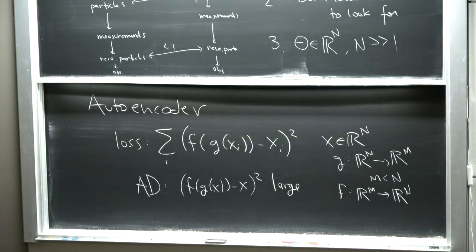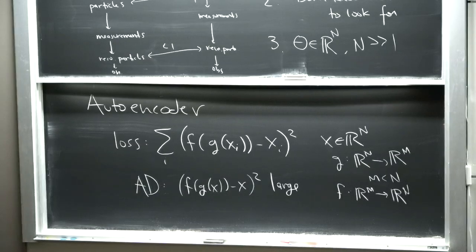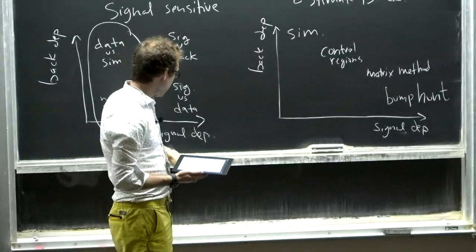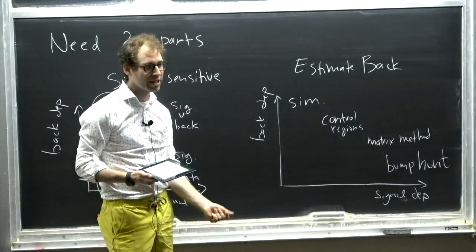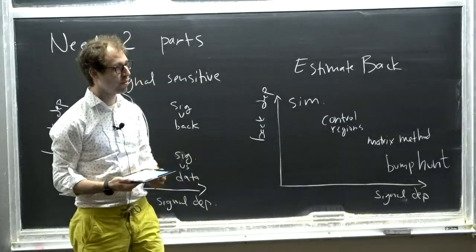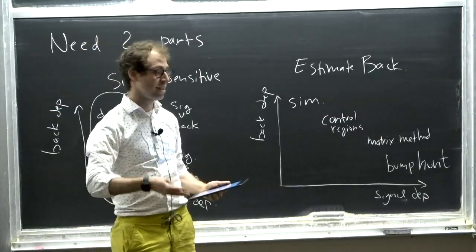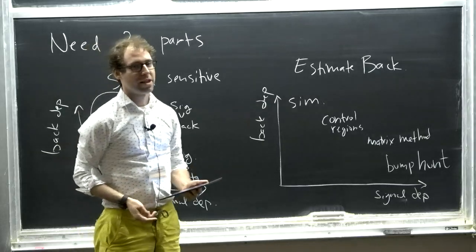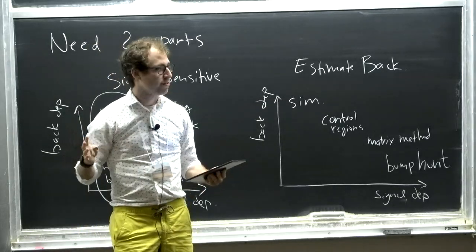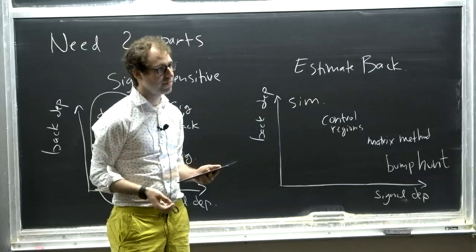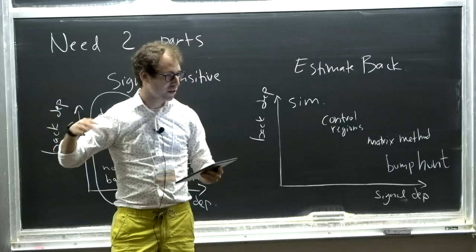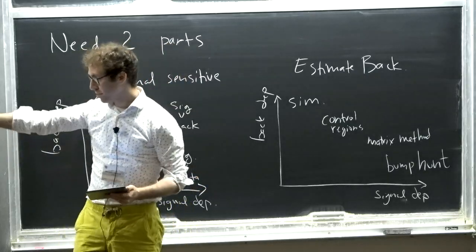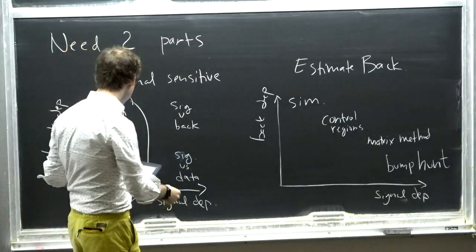What does the subtraction mean here? Should I literally imagine subtracting particle momenta in a list? Yeah, so you can do anything for that minus sign. The question is, what does the minus sign mean, because x is like a vector or some complicated list of particles. It could literally mean think of them as Euclidean vectors and subtract them. But that may not be the best, and you can imagine any number of schemes to compare two sets of things. In fact, there are all sorts of variations on the theme. You could also have a variational autoencoder or all sorts of other bells and whistles, but at the core, this is the idea.